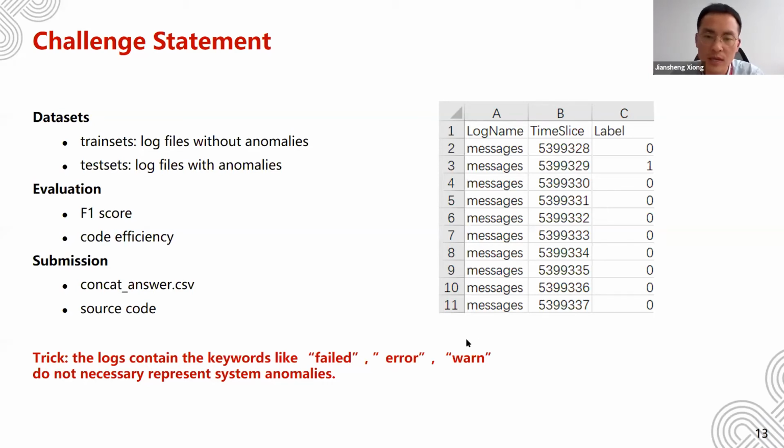But the words like failed, error, and so on, in the real world, as I checked a lot of logs and talked with the operators, they told me that even if a log has a lot of failed and error in it, that does not mean the equipment is bad or broken.